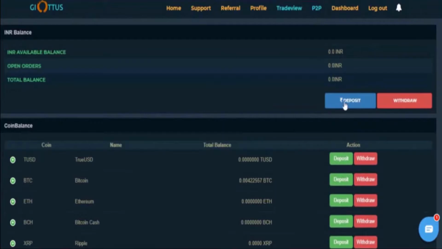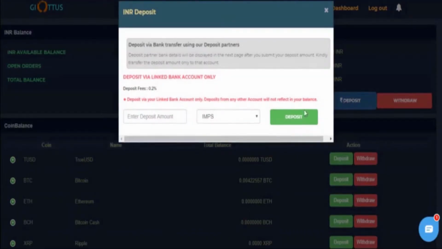The first time you come on this site, you need to deposit. Click on deposit and enter the amount you want to deposit. Let's say to activate the account I require 8,500 in INR. So I will deposit 8,500 rupees through IMPS and click submit.